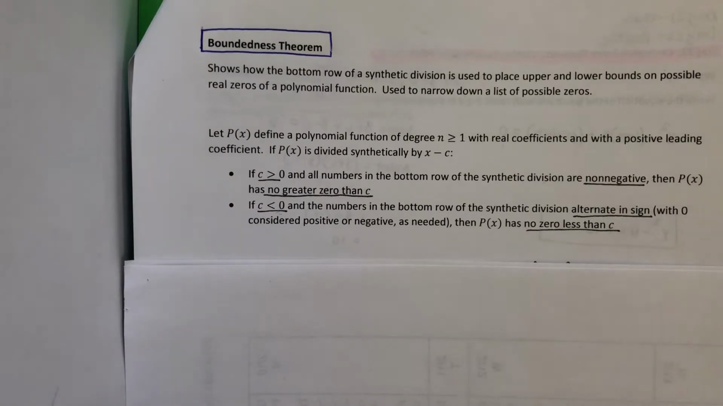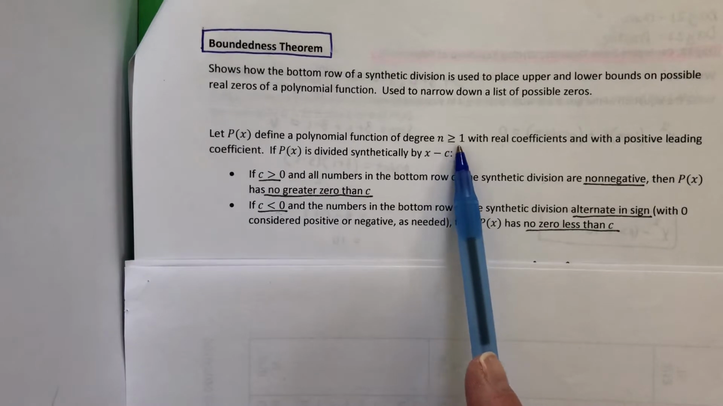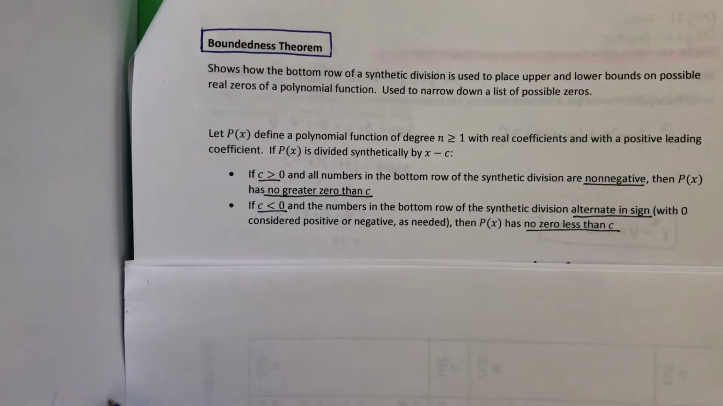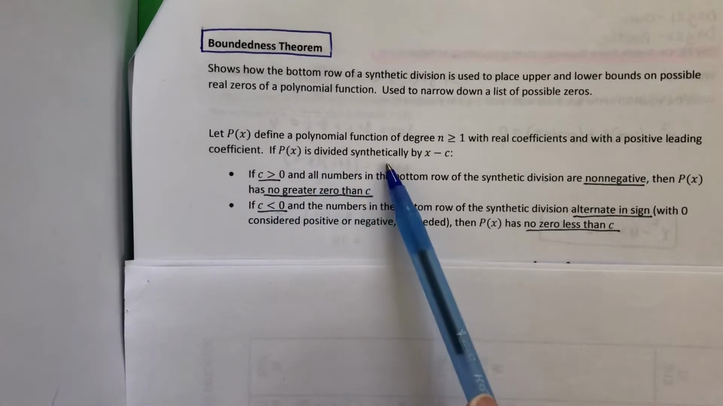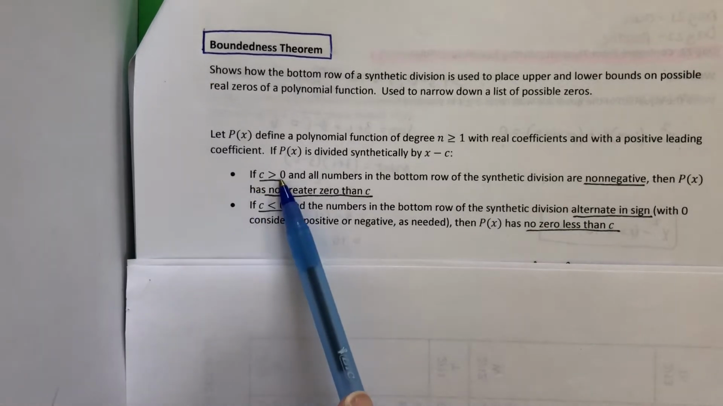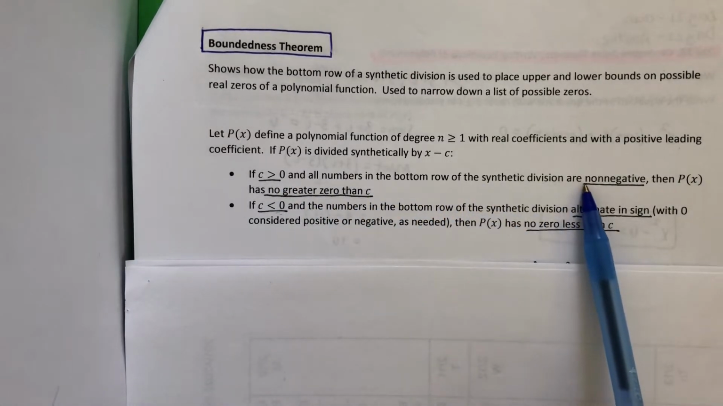So the theorem is, and it's shown over here, another way to, again, reduce down the list of possible zeros. And this one's going to use synthetic division. So if we have a polynomial, the degree is greater than or equal to 1. That's just kind of standard there. Real coefficients, positive leading coefficient. If we take that polynomial and divide it synthetically by x minus c, and c is greater than 0, meaning c is positive. So when we do that synthetic division, and all the numbers in the bottom row are non-negative,